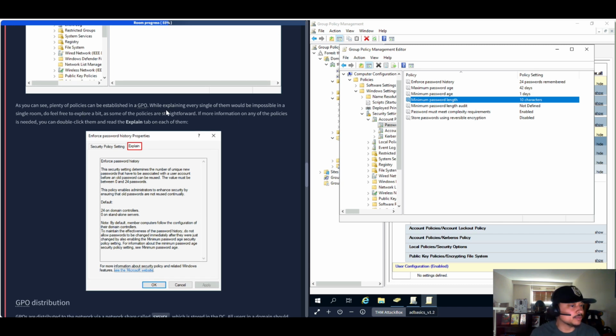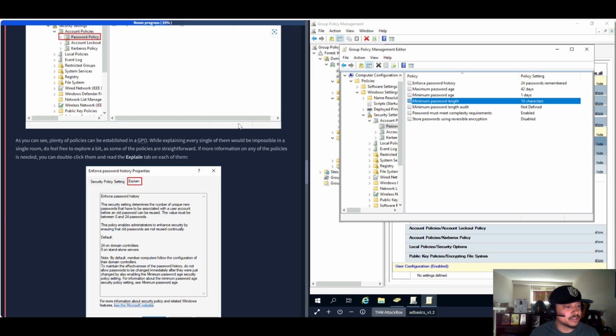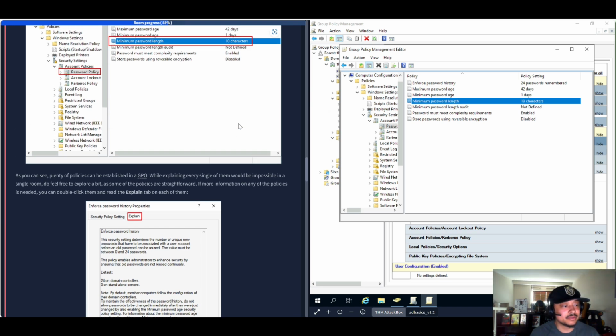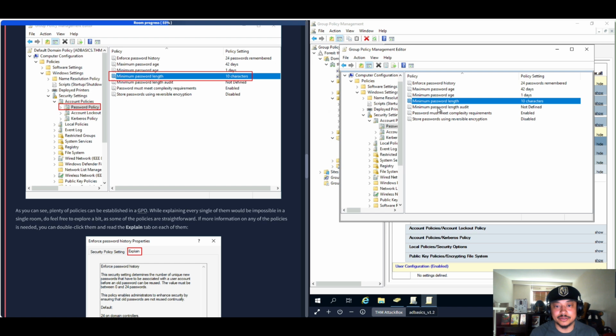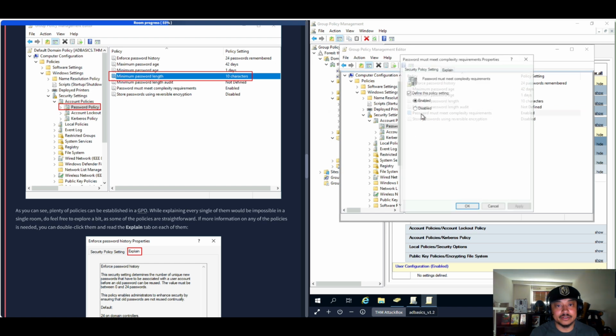While explaining every single one of them will be impossible to do in a single room, do feel free to explore a bit, as some of the policies are straightforward. If more information on any of the policies is needed, you can double click them and read the explain tab on each. So, let's talk about must meet